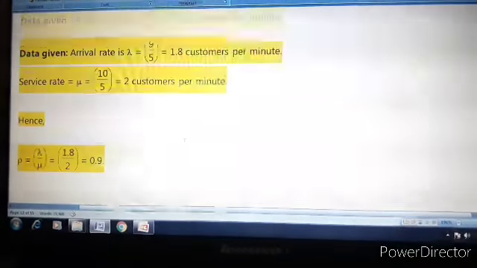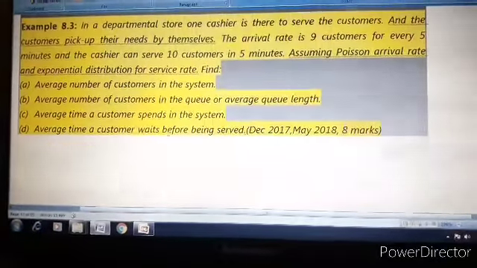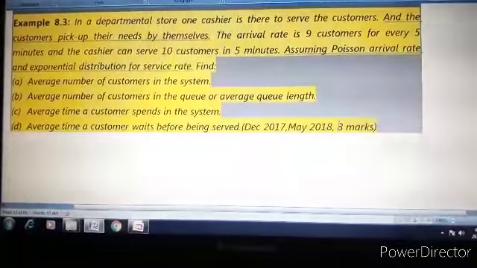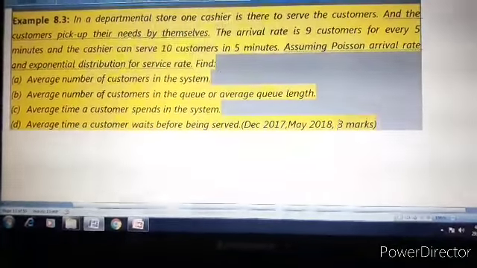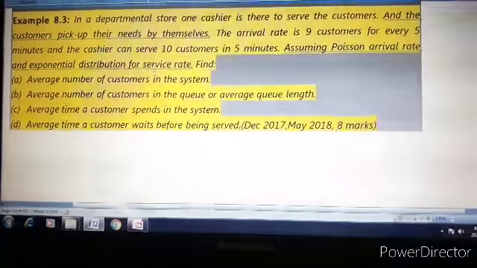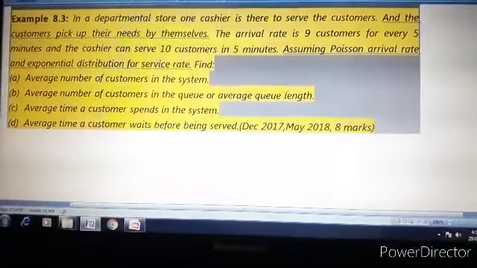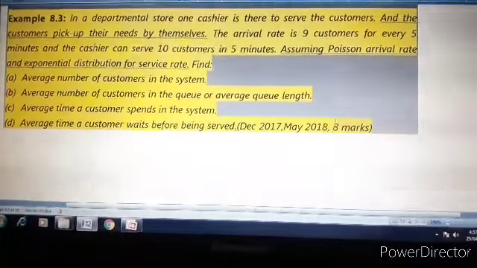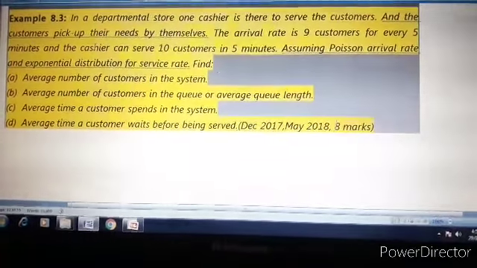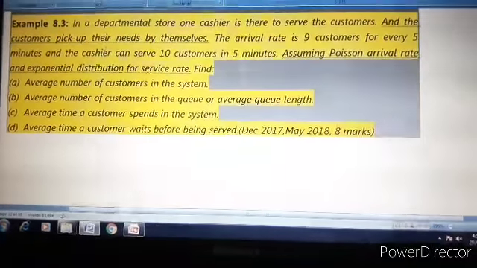So you will find here that if you know the appropriate equation for the particular data of the numerical, then we can easily solve that numerical. That's why this topic is a scoring topic. We just have to remember the various relations for various queuing models. Again, all the relations are in terms of lambda, mu and rho. So if you are able to define lambda, mu and rho, then we have to substitute these values in the appropriate equations. Such practice will continue in the next lecture.